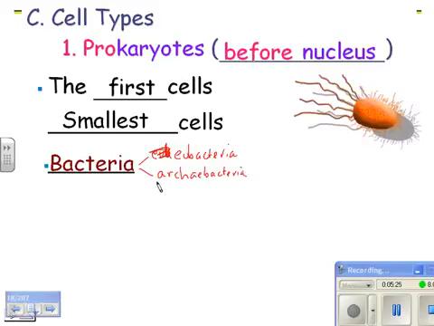So this isn't so hard, because an archaeologist studies old stuff. So archaebacteria are bacteria that lived a long, long time ago. We think those are actually the first life forms on the planet. They are very unique. They're very different from each other and very different from bacteria. So they're really kind of a fun thing to study, although we're not going to spend a lot of time on it. But today they live in really weird environments like salt marshes and hot vents, stuff like that. Places that might have resembled the early planet.